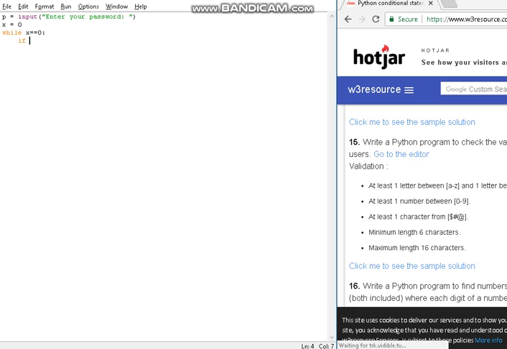So if len of p is less than 6 or len p is greater than 16, print, actually no, let's just break. Yeah, okay, so if I do print your password is not strong, if I save this and run this now,